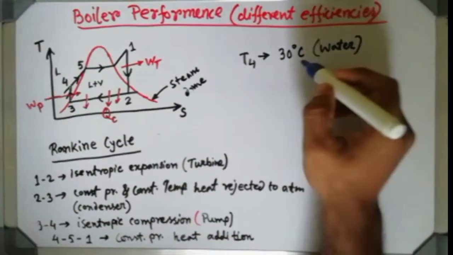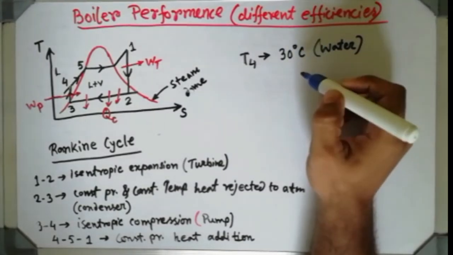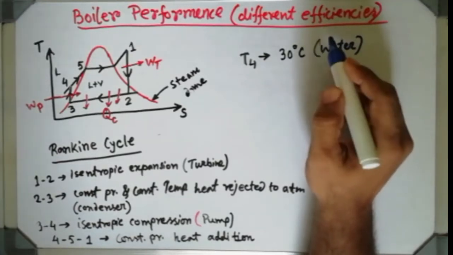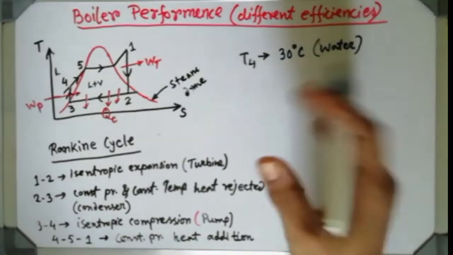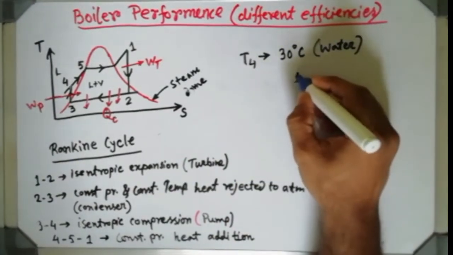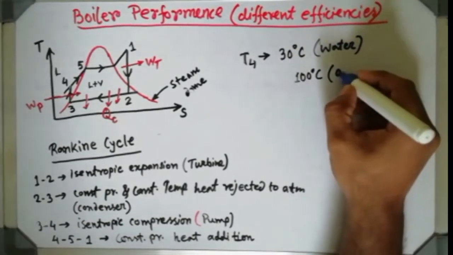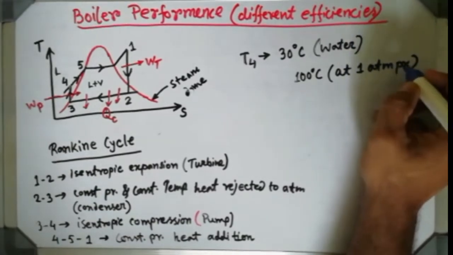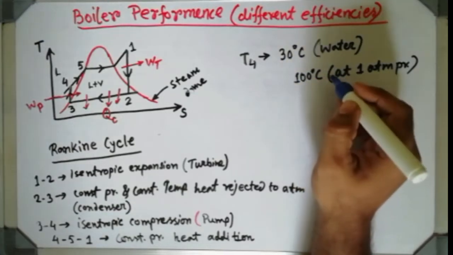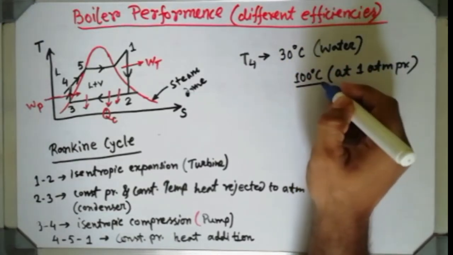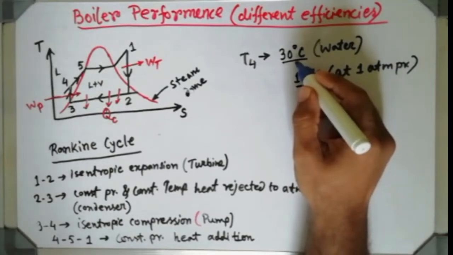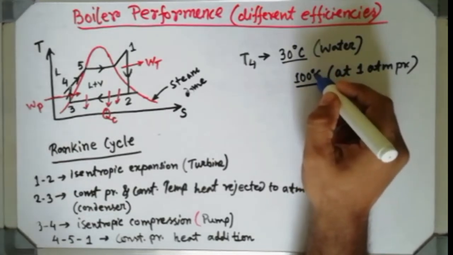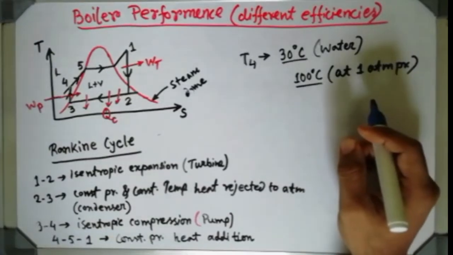Now this water is going to be fed to the boiler drum, and we all know at normal atmospheric pressure water starts to convert into steam. That means it starts to boil, to change its phase, at 100 degrees centigrade. It is relevant to the pressure, and I am talking about 1 atm pressure. So at 1 atm, water will start to change its phase from liquid to gaseous at 100 degrees centigrade. Now you can see the difference. You are sending the water at 30 degrees centigrade and it has to be raised up to 100 degrees centigrade, then it will start to change its phase.